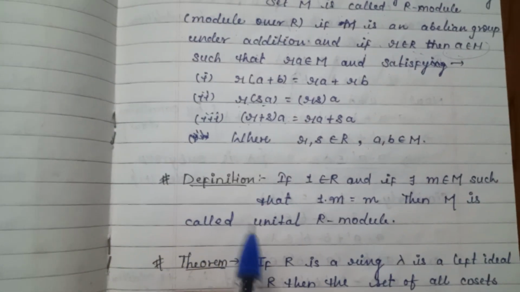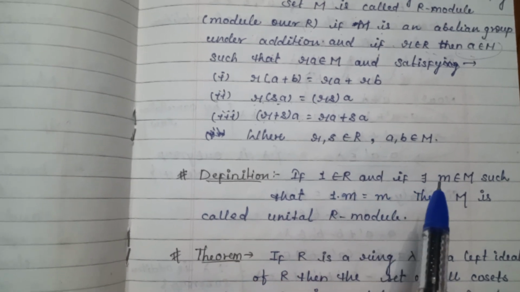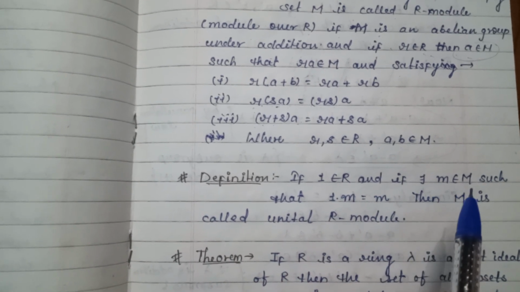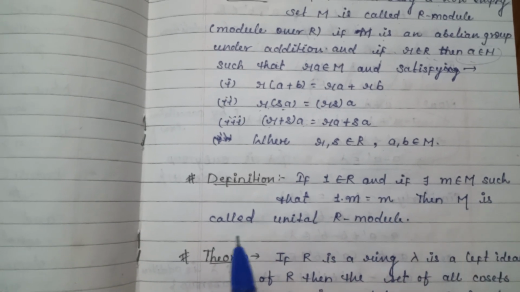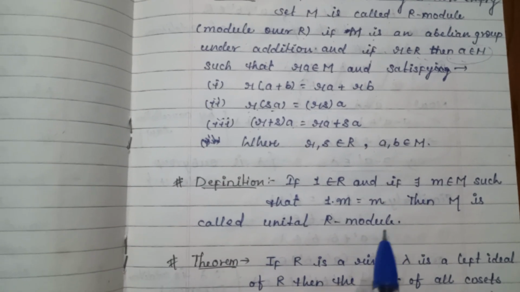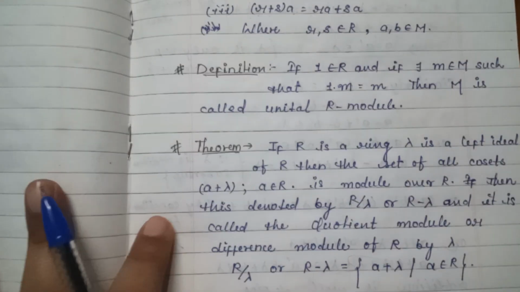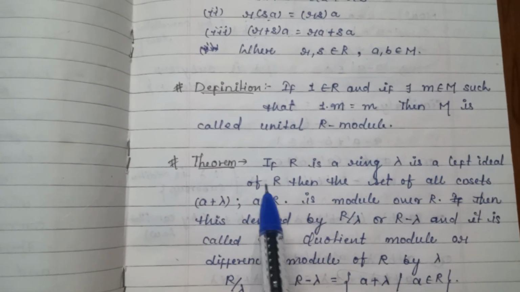Now there is another definition: if 1 belongs to R and if there exists small m belonging to capital M such that 1 · m = m, then capital M is called a unital R-module. Now there is a theorem: if R is a ring, lambda is a left ideal of R,